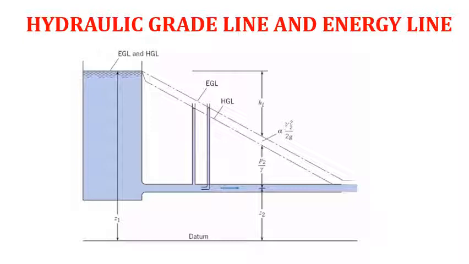So from the datum, as we know, the energy possessed by the particle on the water surface is the potential energy, which is given by Z1, and the energy line, which should be horizontal starting from the water surface, will actually drop by the amount equal to head loss HL. And this line is actually the energy grid line, or energy line, and the lower one is the hydraulic grid line, and the difference is equal to the velocity head with the alpha, which accounts for the velocity variation in different particles.